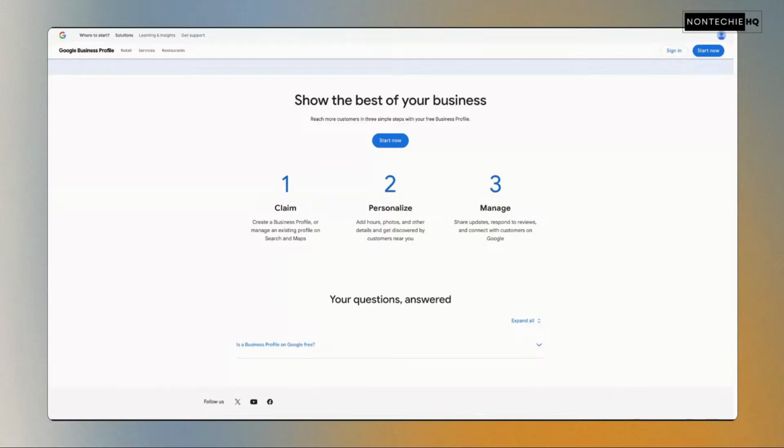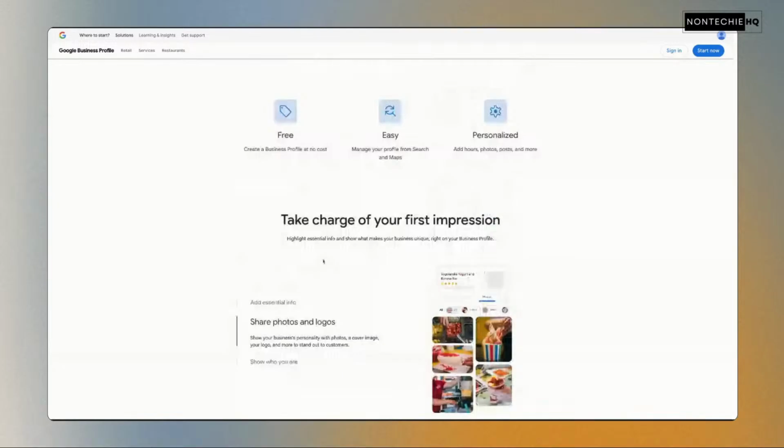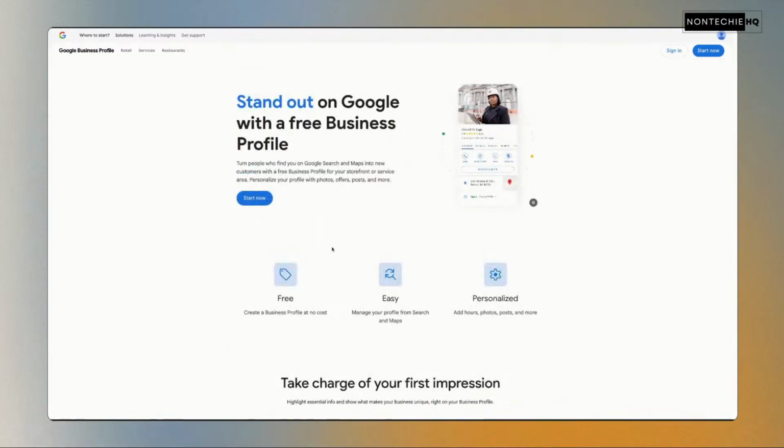And then you can manage your page going forward by sharing updates, responding to reviews, and connecting with customers via chat. And they can email you, which is why that email address, their branded email address, is important, because that also adds another level of trust with your business. If I go to send you a message and you just have a @Gmail address, I am less inclined to send you information or to even send you payment if you don't have an email that goes with your business.